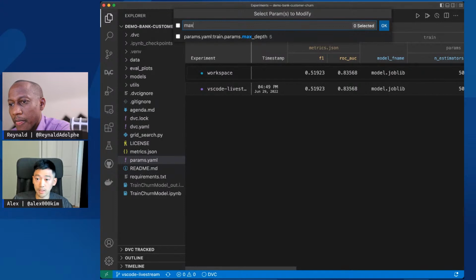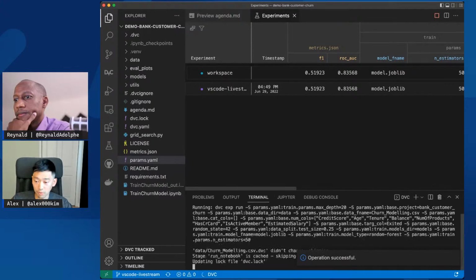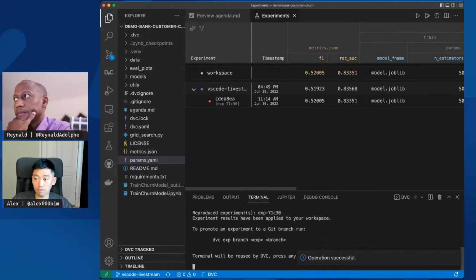For example, this max depth parameter is the maximum depth of decision trees used by my model. By default, I had it set to 5, but let's say I have a hunch that maybe 20 will give me better performance. And by better performance, let's imagine that this F1 score is the key metric that I care about. So I just created an experiment.